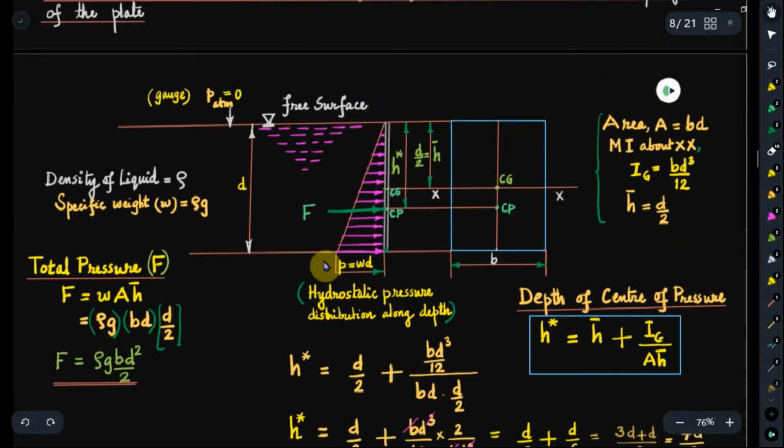See, even otherwise, from elementary engineering mechanics, you must be knowing that for a triangular load distribution, if you find an equivalent force representing the triangular load pattern, then that force will be acting at a distance of 2/3 of this distance from the vertex end, and from the maximum intensity end it is 1/3 of this altitude. So the center of pressure here, H star, is situated at a distance of 2/3 of the depth of the lamina D from the free surface. From the bottom surface, it is 1/3 of the depth.